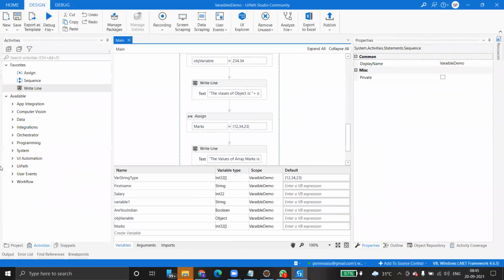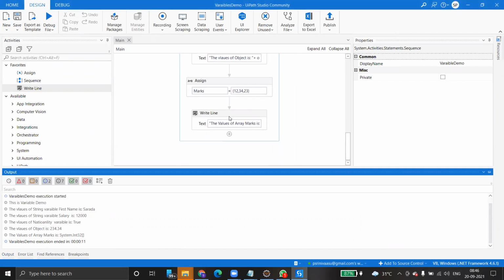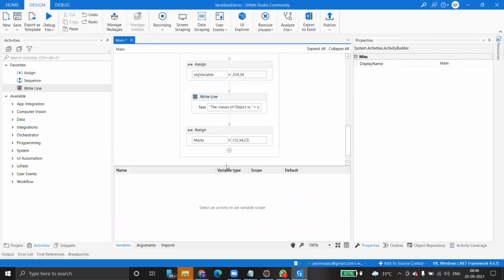So here just go and check output. Here you can see what type of array it is actually. It is System.Int32. See, the value of array marks is System.Int32 because it simply returns the type of the array. But I want to see the values. How to see the values? Tell me. How to see the values? Here we have to add